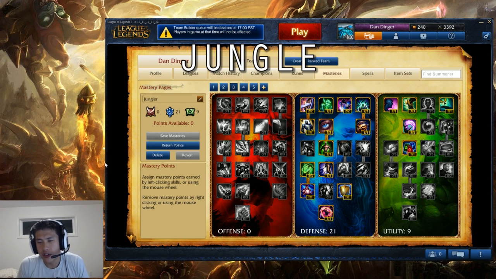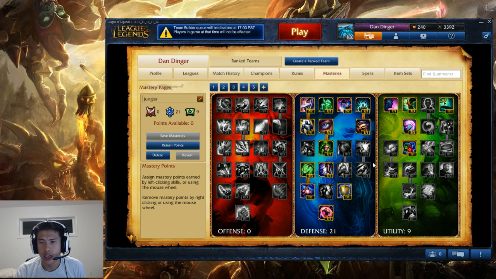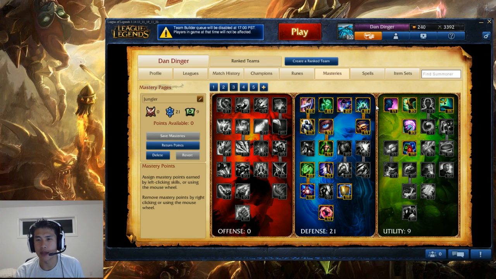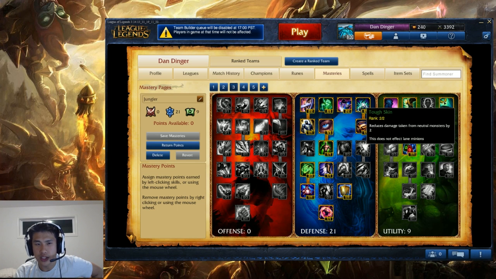In this section, I'll be covering Jungle Mastery. So as a jungler, you're either going to be doing damage or going to be tanking. Those are the two main types of jungler. And this mastery is focused more on tanking and being the off tank or main tank on your team. And so really, to start off, you want to go into the defense tree just because as a jungler, you